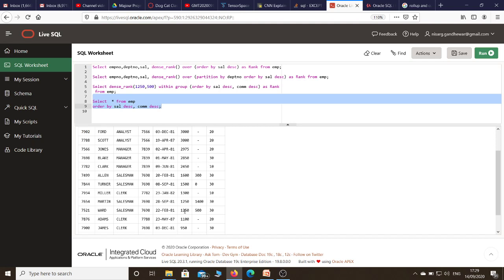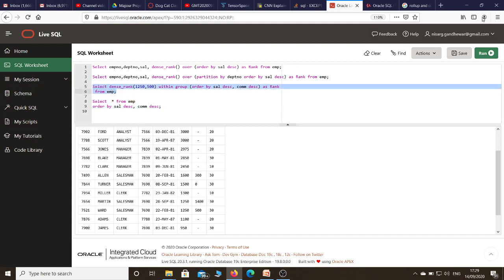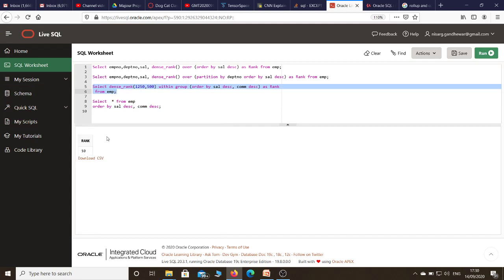Suppose you are using the rank function, then its rank is 11. Suppose you are using the dense rank function, then its rank is 10. So in this case your rank is 10. Again I will show you the same thing. Let's execute this same query with the dense rank function, and let's check whether we are getting rank 10 or not. So here we are getting 10. Suppose I remove this dense, I will get the rank as 11, because consecutiveness is removed from that. That's why we are getting rank 11.